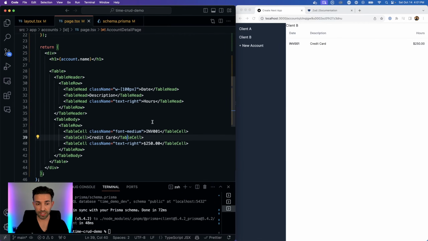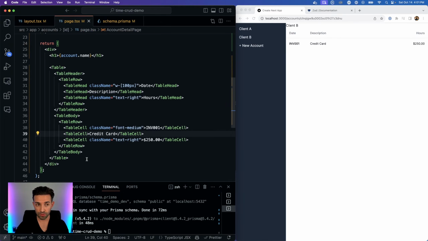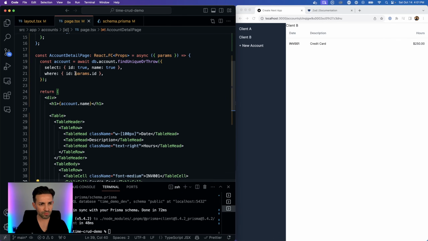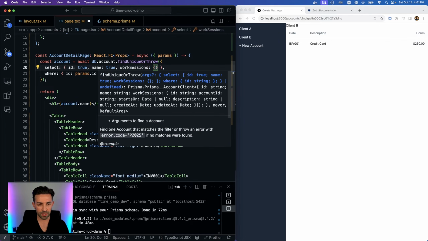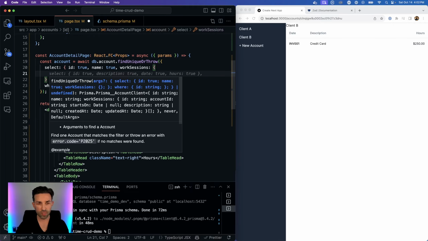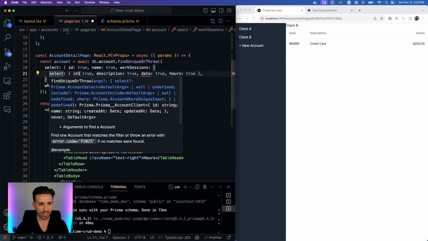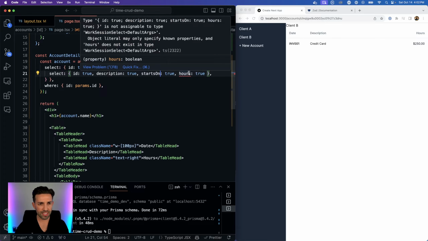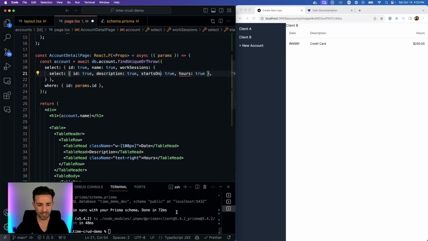Since we're in a server component here, we can loop through all of the work sessions from this account and render them right here on the screen. We're already pulling the account from our database. I can go ahead and in this same query, pull in our work sessions. So let's say that I want to get my work sessions, and let's select only what we need. Let's select our ID, description, date, which is called startsOn, and hours. It's saying hours doesn't exist,